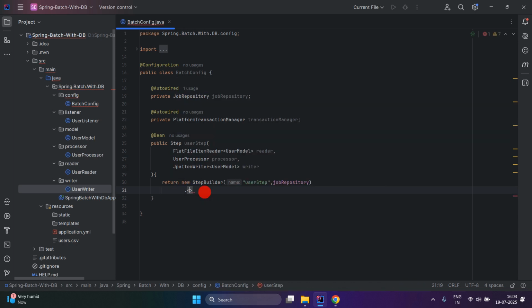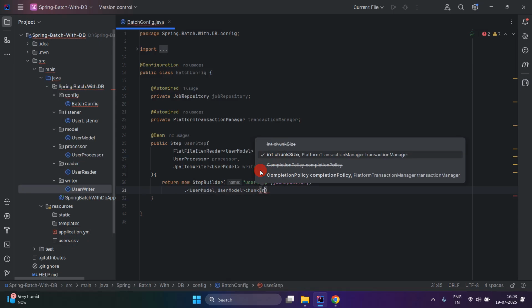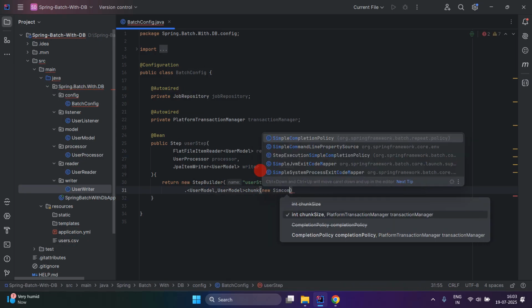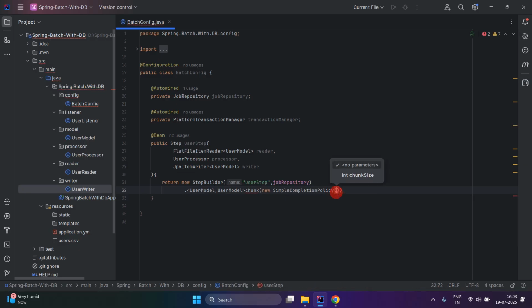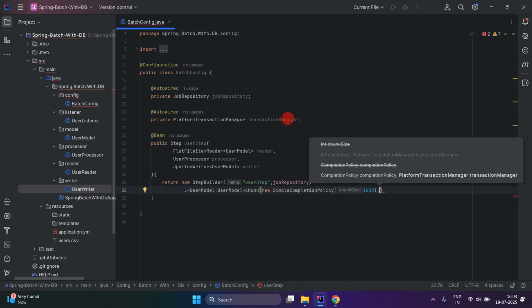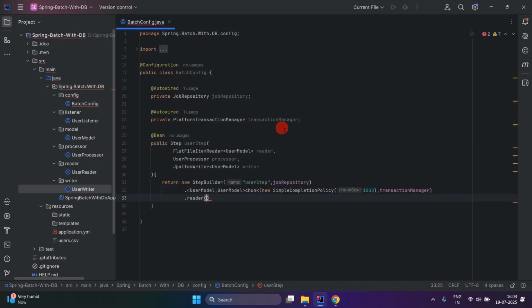So write dot, and then we have to provide our model class, that is user model comma user model, and then we will write chunk here, and inside this we have to provide completion policy, new simple completion policy, and inside this we have to provide the chunk size, which we are going to create chunk and going to insert the data into the DB. And in the second parameter we have to provide this transaction manager. So as we know that it will manage rollbacks and commits, and here we have to provide reader, and just pass this reader,